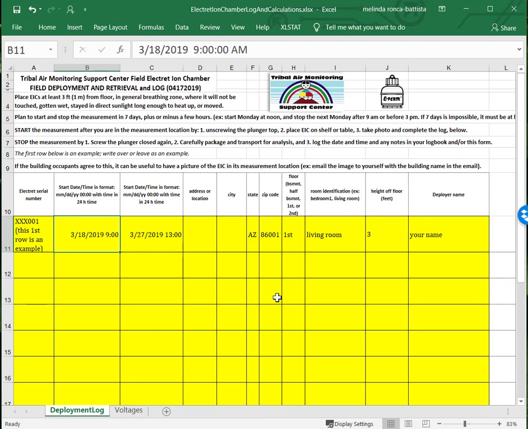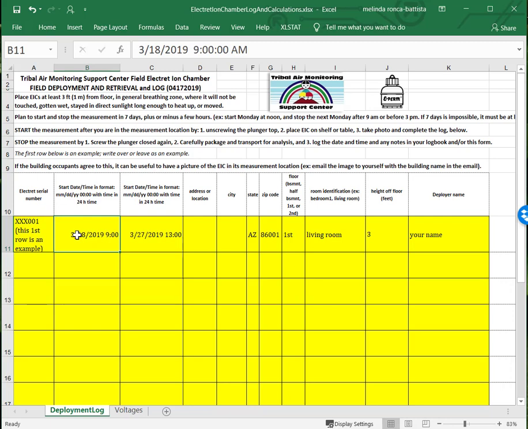yellow, which means that they're not locked, and you as the deployer are to enter information into them. So the first row is an example, and this is the Electret serial number. That is the number that's on the round Electret itself that you put into the reader to measure the voltage on. So the Electret serial number goes there, and then when you go out into the field, you can write